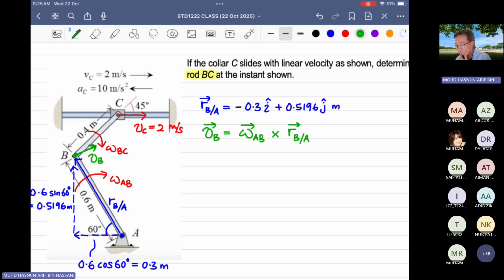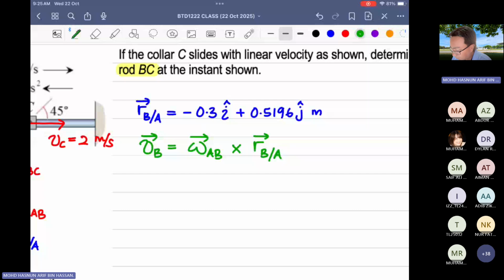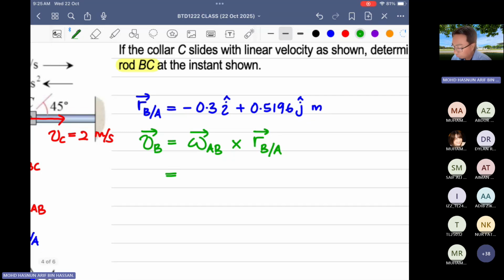Okay, so now omega AB is unknown. It is not given in the question. So RB/A is already known. We know the value of RB/A. So we can then write this as equal to omega AB. We need to convert this into unit vector. Although the value is unknown, you just write this as omega AB